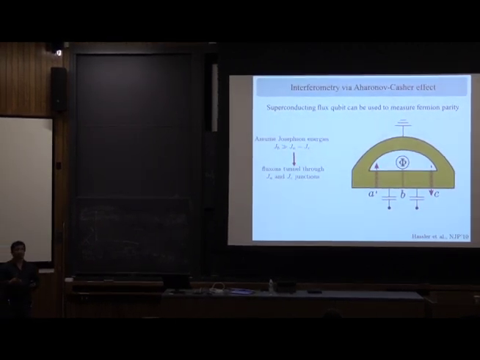But one can read out the fermion parity by doing some non-local measurements, and such a measurement is interferometry. So in fractional quantum Hall states, interferometry is used to measure topological charge in the middle. So one may ask if there is an equivalent in superconducting systems. And it turns out that there is, and this interferometry involves the Aharonov-Casher effect. The Aharonov-Casher effect is dual to the Aharonov-Bohm effect. In the Aharonov-Bohm effect, you are measuring charge around some flux, right?